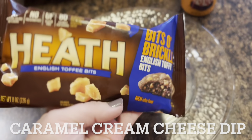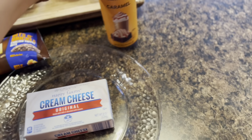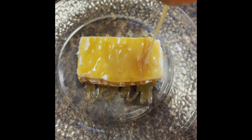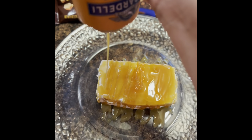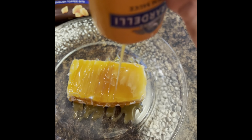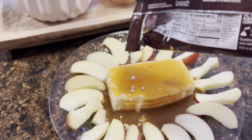Okay, now we're just going to make a caramel cream cheese dip for apples. You're just going to need an 8-ounce block of cream cheese, some caramel, and some toffee bits. And you're just going to take your cream cheese, set it in the center of a plate, and cover it with caramel, whatever caramel you have or you want to use. The jar caramel might be easier than squeezing it all out on there, but that's just what I had. So put a real good coating of caramel on that, add your apples, and then some toffee bits to the